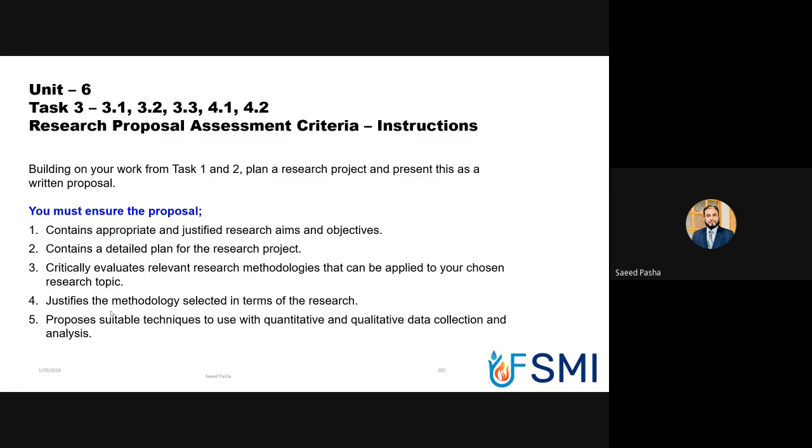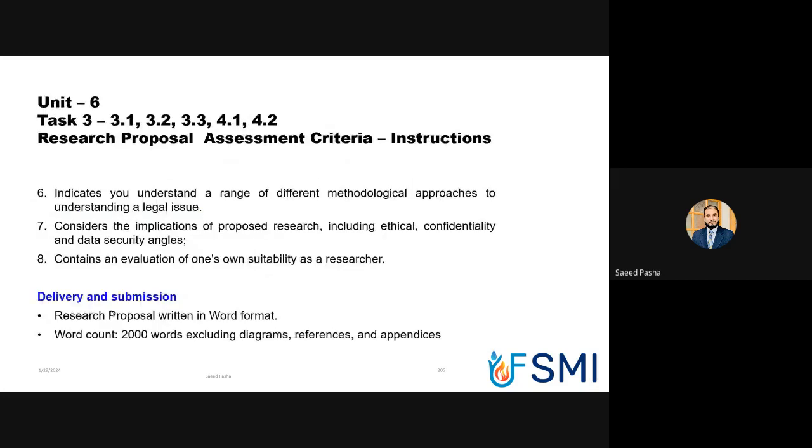The proposal must contain 5 points: appropriate and justified research aim and objective, a detailed plan for the research project, critically evaluate relevant research methodology, justify the method selected in terms of research, and finally propose suitable techniques to use for quantitative and qualitative data collection and analysis. So these are the 3 tasks, and you have to prepare the 2000 words report,